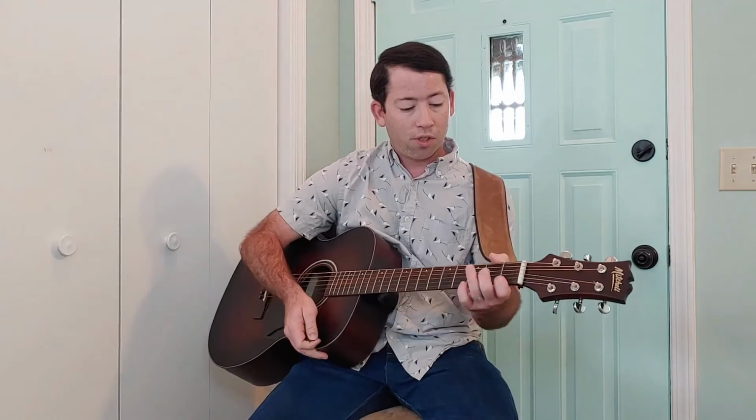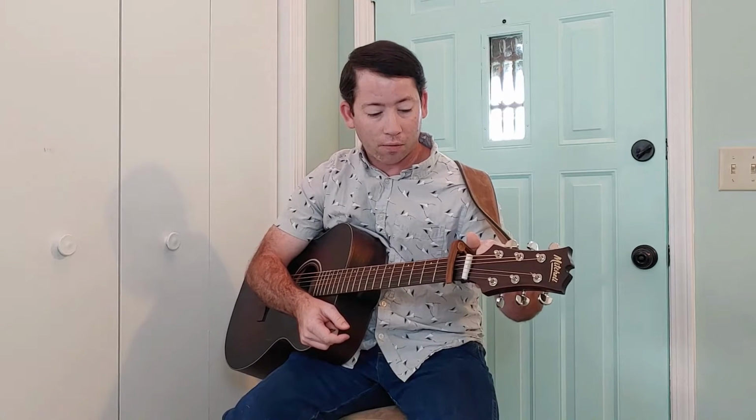The intro just stays on that C formation. I'm going to go ahead and place the capo on now. To use the capo, just press down the clamp and place it over the strings inside the fret. You don't want to place it on the fret, but just inside the fret there, and then let it clamp